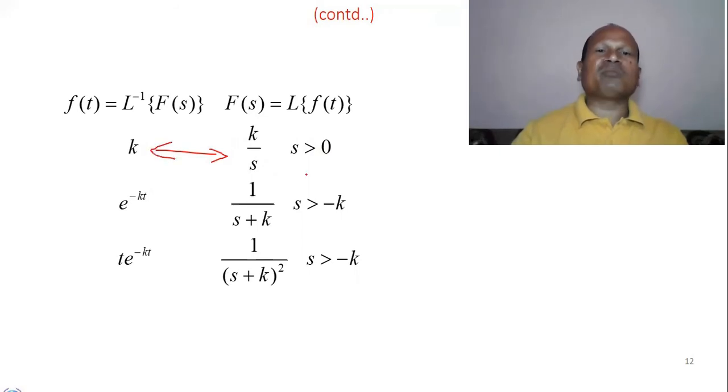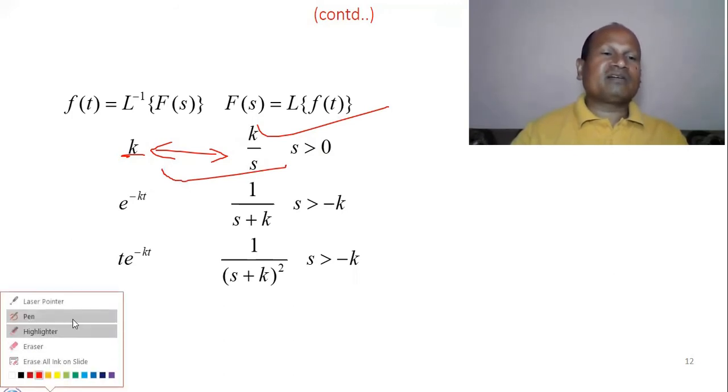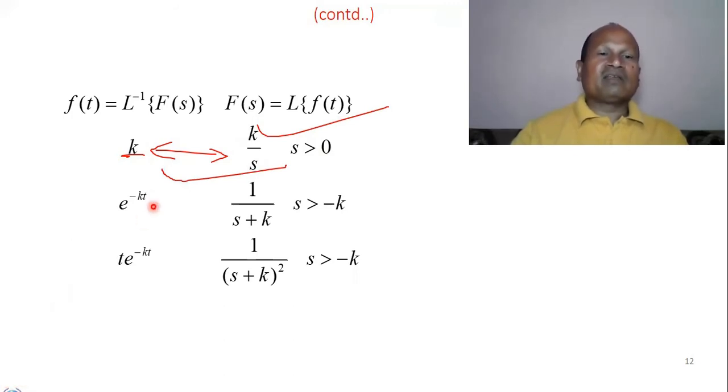Both side arrow we can put. We will calculate the Laplace of k, we will get k by s. When we calculate the inverse Laplace of k by s, we will get k. Similarly, for e to the power minus kt, the Laplace is 1 divided by s plus k. And when we compute the inverse Laplace of 1 divided by s plus k, we will get e to the power